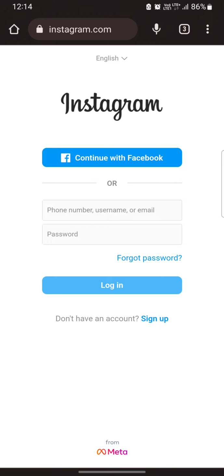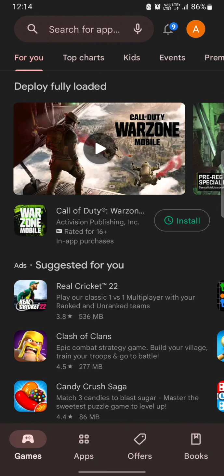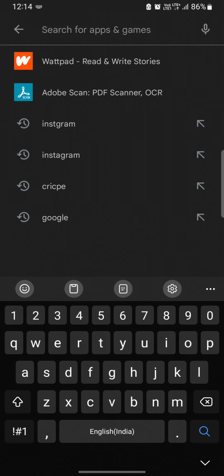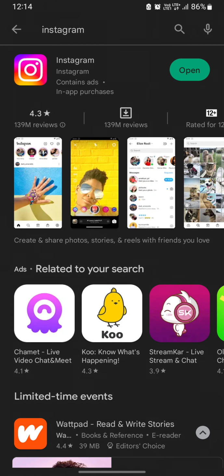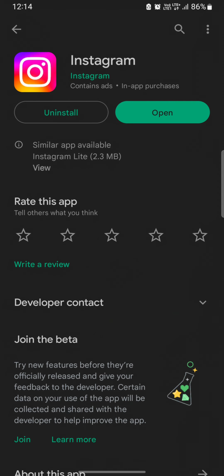So what you can do, after some time, is go to your Play Store or App Store, search Instagram, and check whether an update is available from the Instagram side, because Instagram will release an update if that particular bug requires an update. Okay, so you will find that update, like instead of the Open button you will get an Update button. Simply tap on the Update button and you will get it updated to the latest version, and after that you will be able to log in to your Instagram account.